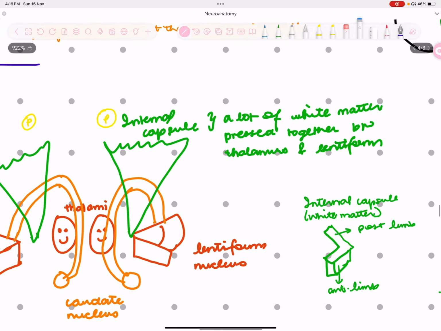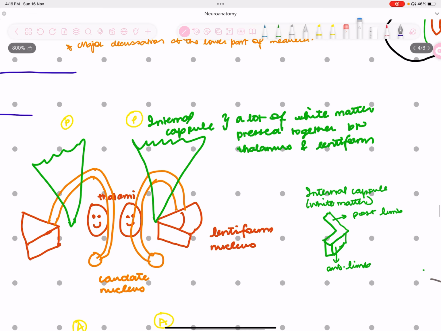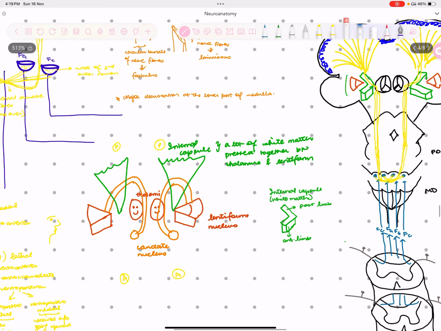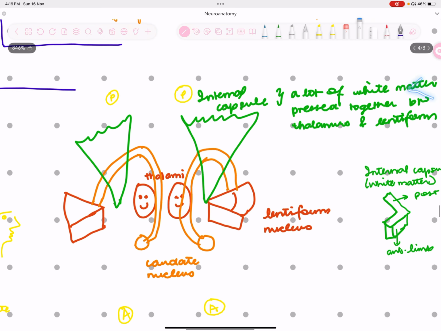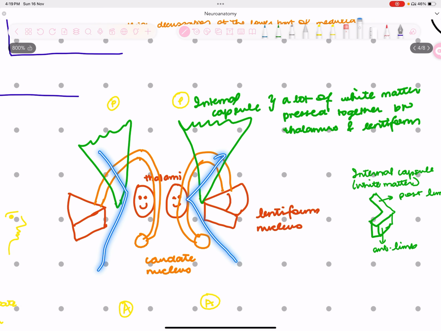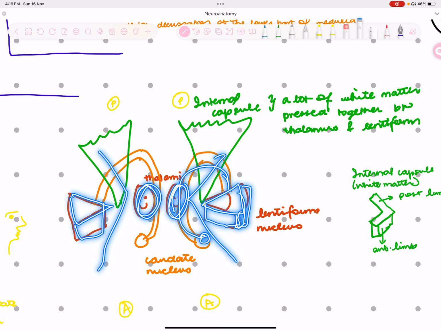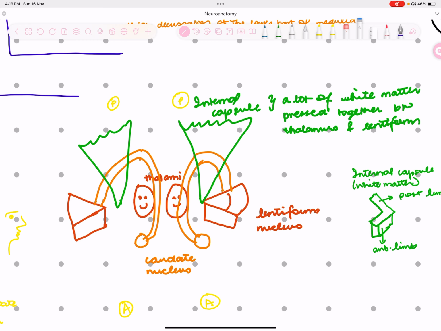And then here you can see this is the caudate nucleus, which is like a rat sitting on this potato, and this is the cheese in the kitchen. This is the salad. Salad is the internal capsule, right? Here you can see the internal capsule I've drawn this way. This is the cheese, which is your lentiform nucleus, or there are some lentils like dal and all that the rat loves to eat. This is the potato. Sorry, this is the thalamus potato, and these are the caudate nuclei, the rat sitting on the cheese and the potato. So caudate nucleus, thalami, lentiform nucleus, and internal capsule.